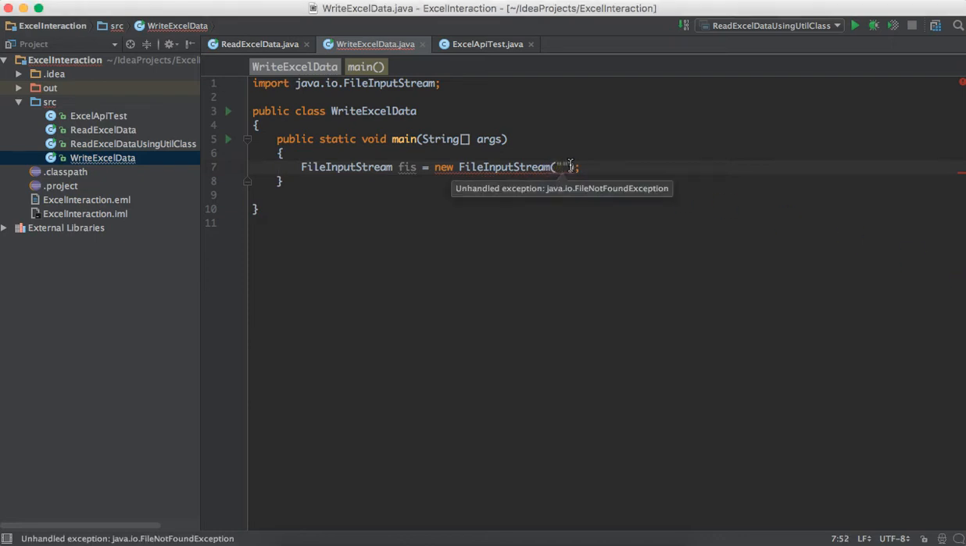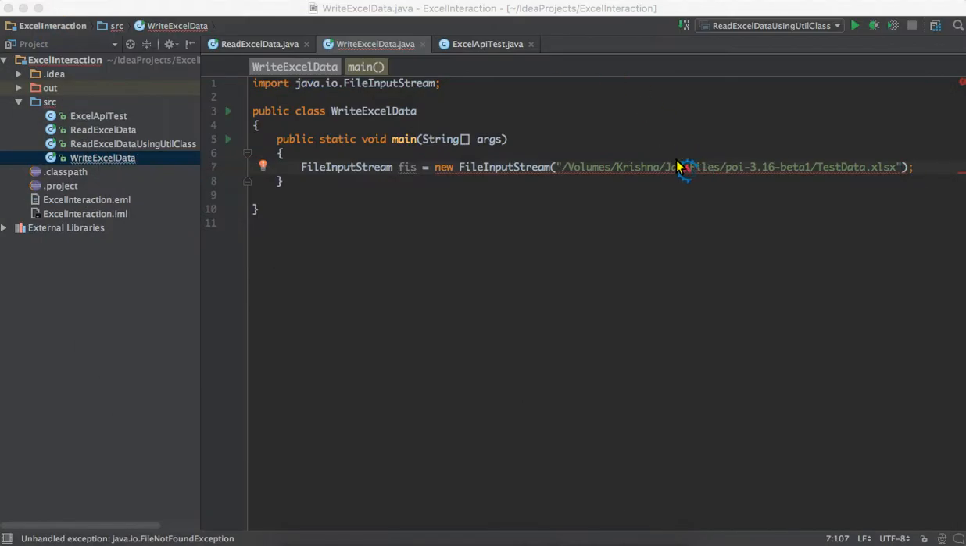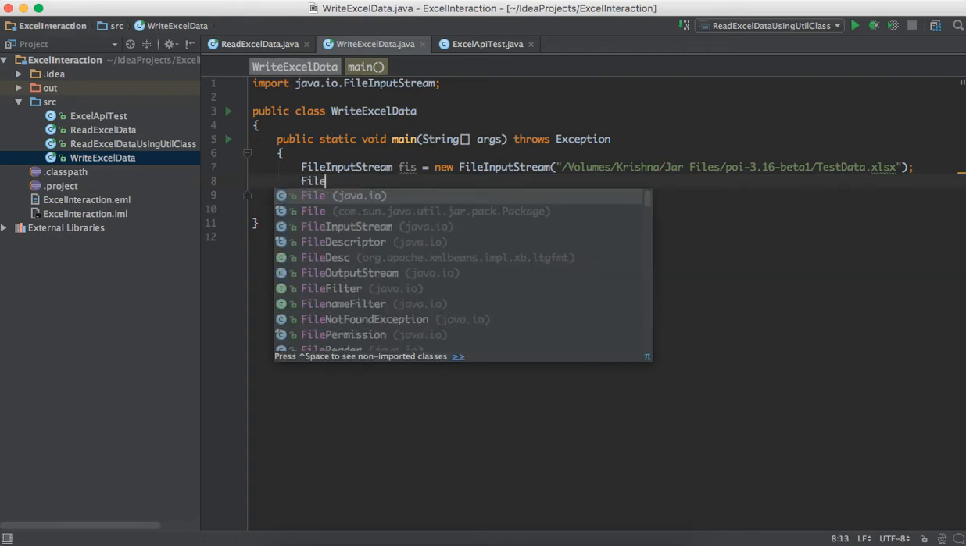Okay, Control V. Here in this volume, Krishna jar files, POI Apache something, where am I? This Excel sheet is located. We need to pass this path to your code and it will throw an exception. So I'll say throws exception. If I get some other exceptions also, it will handle. Now I have my Excel sheet where it is ready, and file output stream